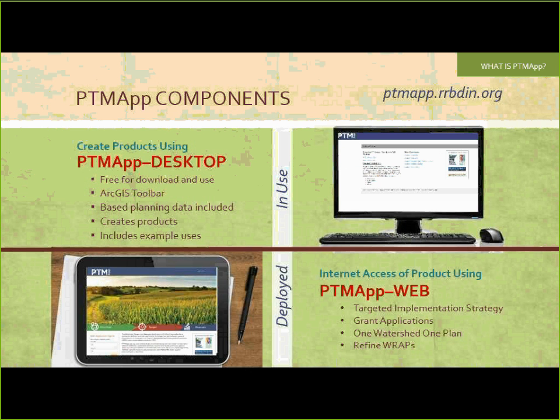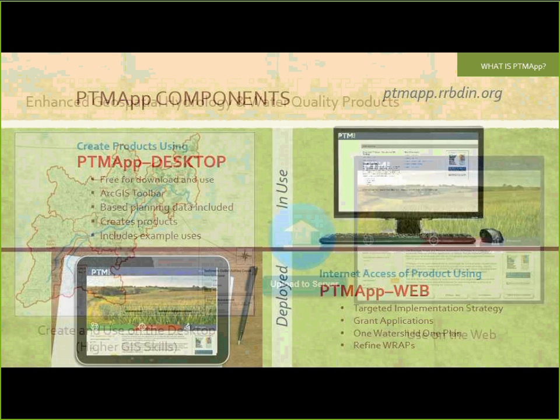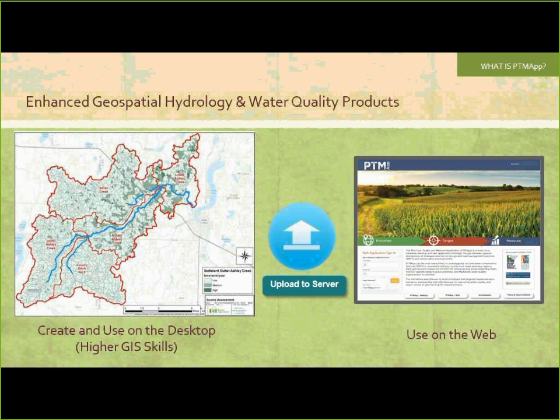PTMApp in itself consists of two pieces. There's a desktop component and there's a web component, okay? That's it. There's two pieces. The idea here is that the desktop component, yes, you need somebody who has GIS knowledge to be able to create the data product. Once those data products are created, they're uploaded to a server, and then through the web access, anybody can access